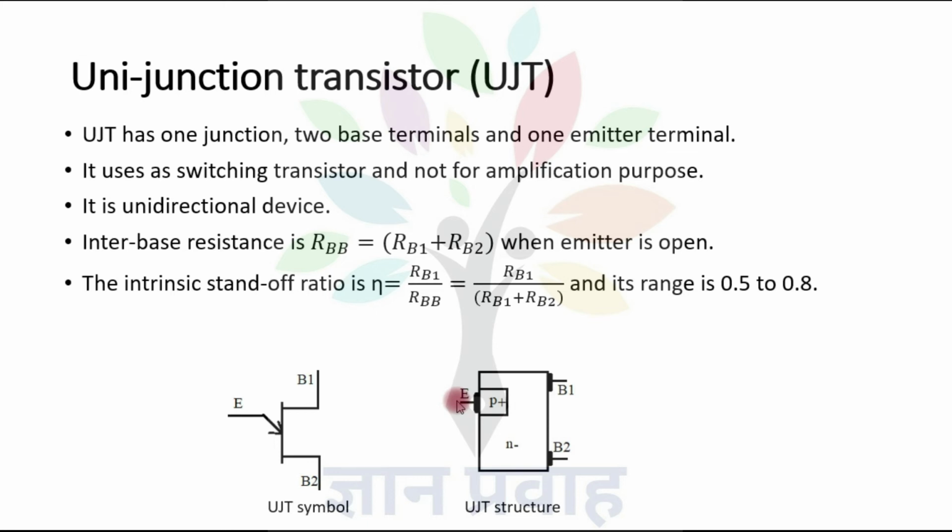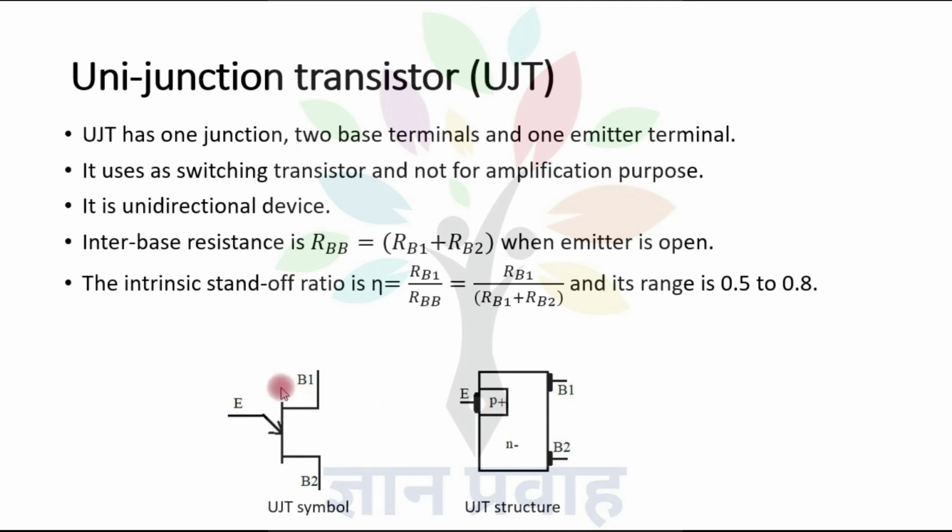But this UJT is different from the other types of transistors, and this configuration cannot be used for amplification purposes, because all types of transistors can be used as amplifiers, such as BJT and FET. But UJT cannot be used for amplification, it is used only for switching purposes, and it is a unidirectional device. So the emitter terminal is close to the base 1 terminal, and it provides the current conduction or asymmetrical configuration,